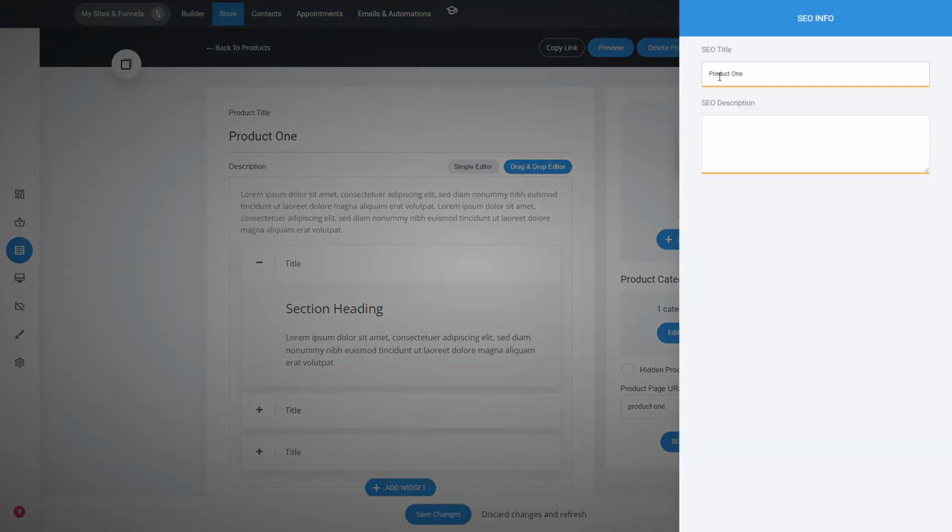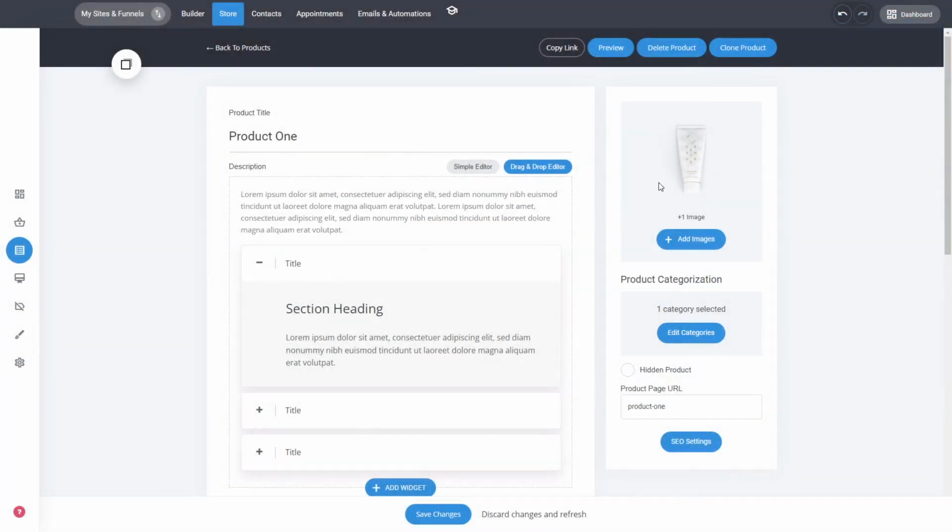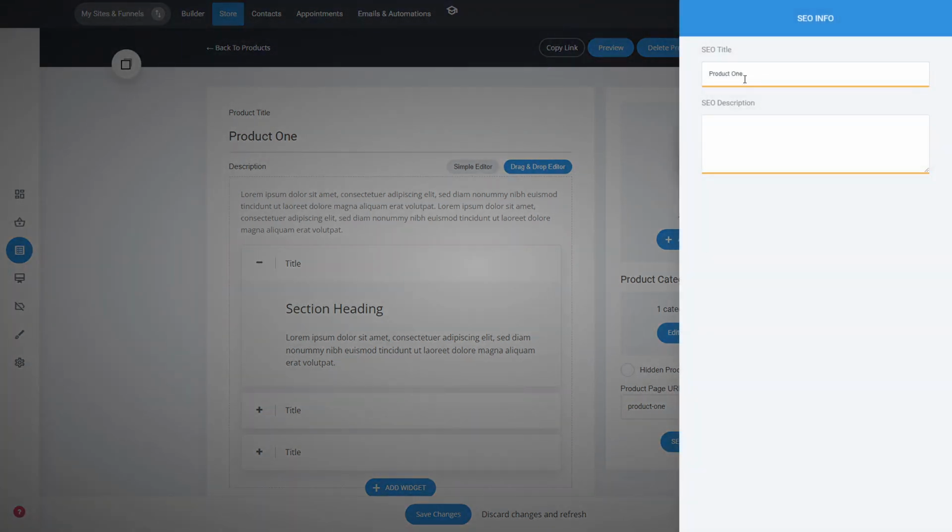So the SEO settings are the things that will show when somebody searches for your product, for example, if they share the product on social media, let's say, or send it somewhere as a message. There is a title and a description plus an image. The image will be taken from the first image here, but the SEO title will of course take the product title by default,